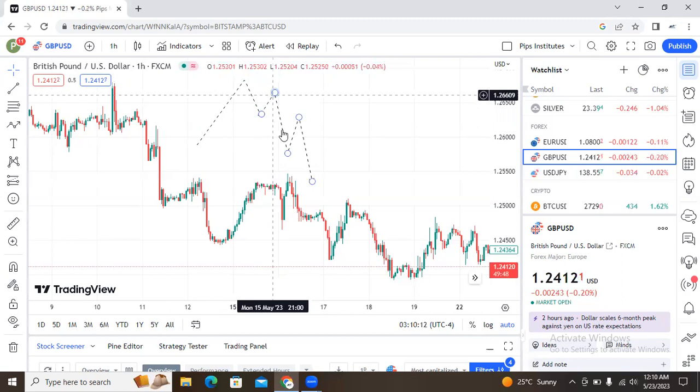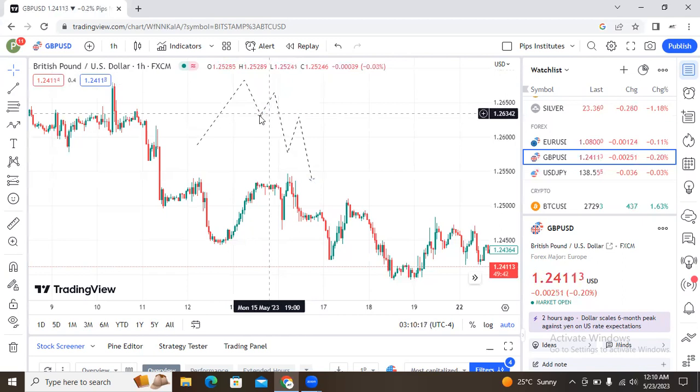Then the market broke that structure. So we have an OB here, another block right here. So then we expect, as this market has broken this other block right here, instead of calling it another block, we have to call it a mitigation block. Because now we expect the market to come here